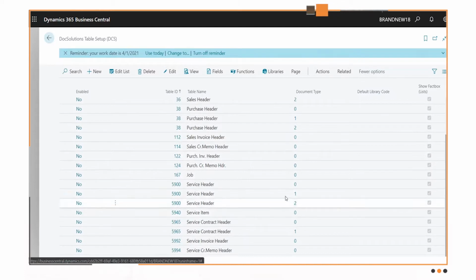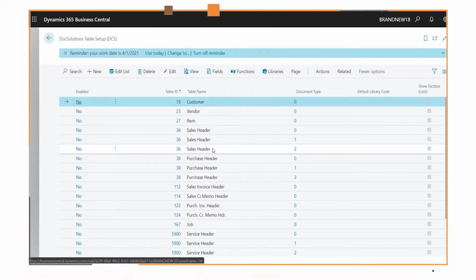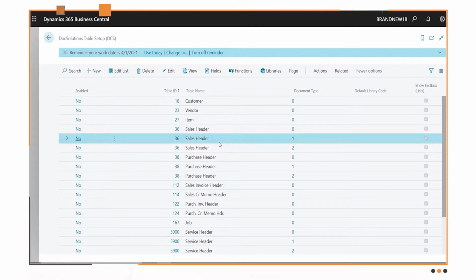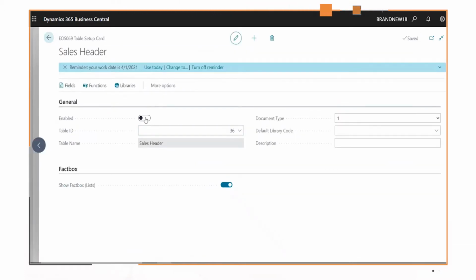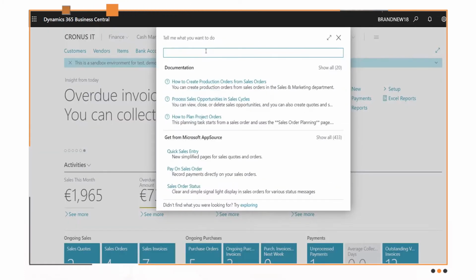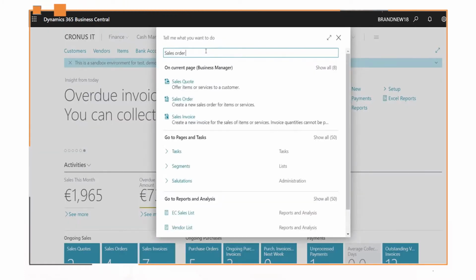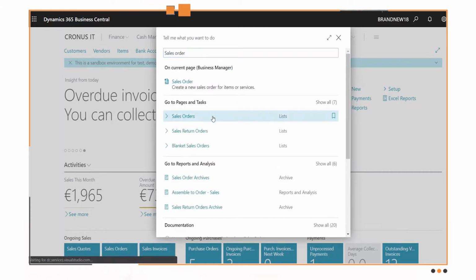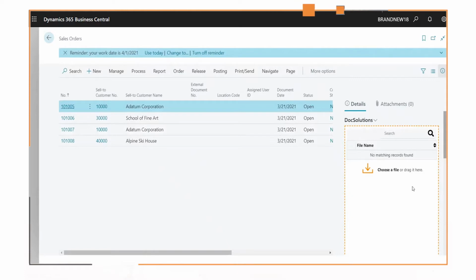the customer, the sales order, this one is the sales order, and the posted ones. Without going through deeper setups, we will enable the sales order DocSolution FactBox. From now on, I will see the DocSolution FactBox on the sales order page. And you will see that there is a new FactBox on the right side of the page, which is the DocSolution FactBox. Here, you can simply drag and drop a file, like for example this logo, and